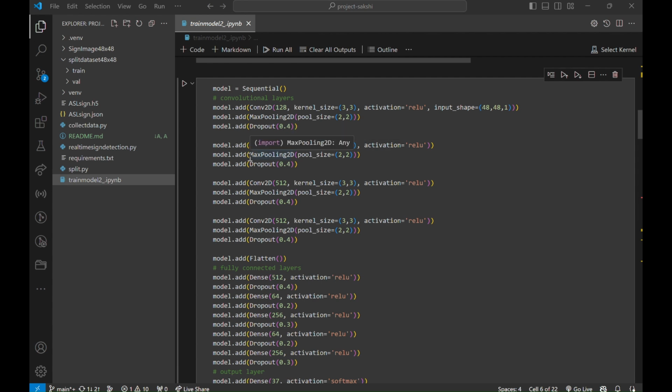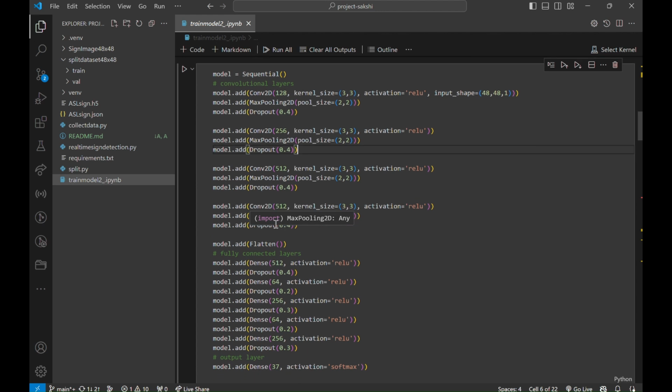Then you can see this max pooling 2D, which is a layer which downsamples the input representation, meaning it reduces its dimensionality, and it is applied with a 2 by 2 window size after each convolutional layer. You can see here the first is the convolutional layer, then we have used the max pooling layer. Here again the convolutional layer and then the max pooling layer. So we have used 4 convolutional and 4 max pool layers, and then we have used the dropout layers, which